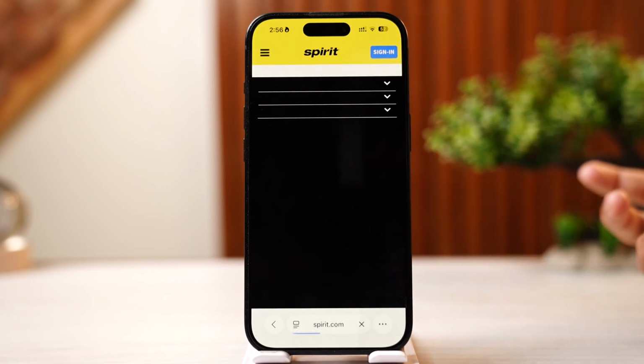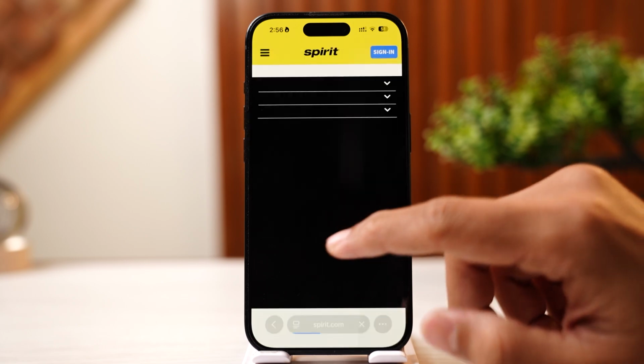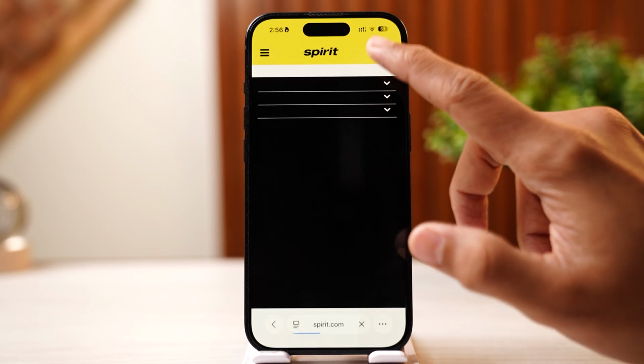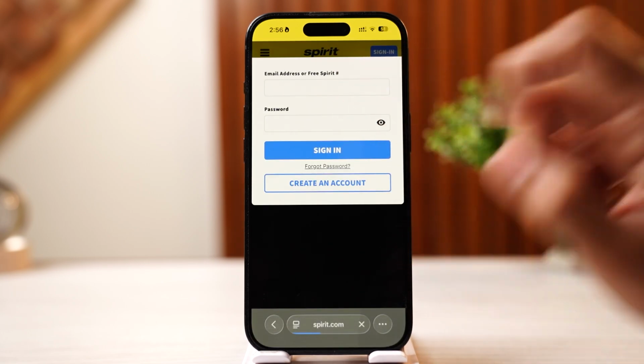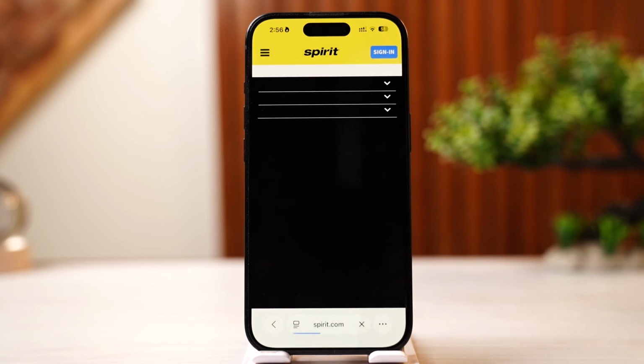If you want to sign in into your account, you want to simply click on sign in over here. Type out your email and password over here, and click on sign in to log in and to use the website from